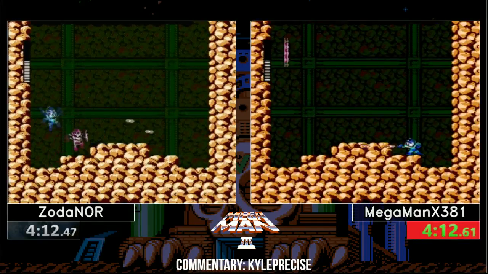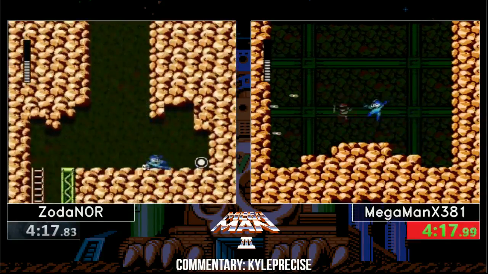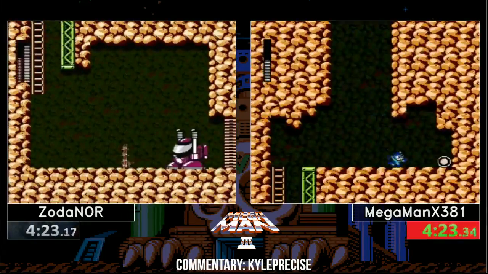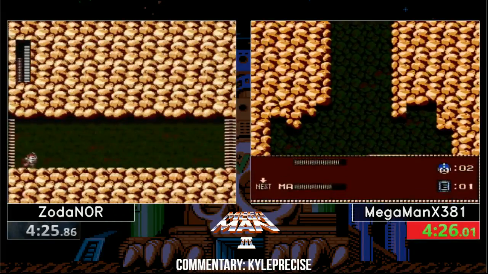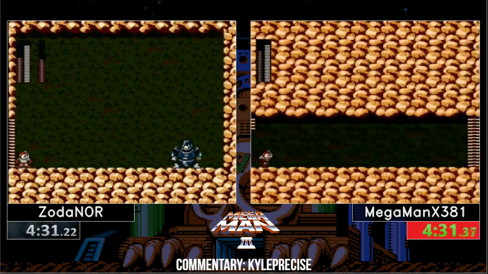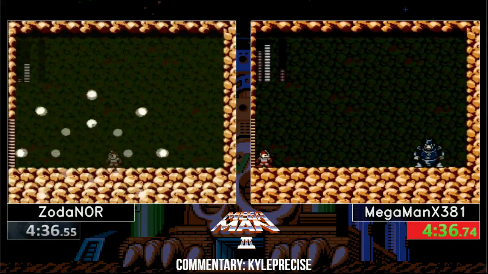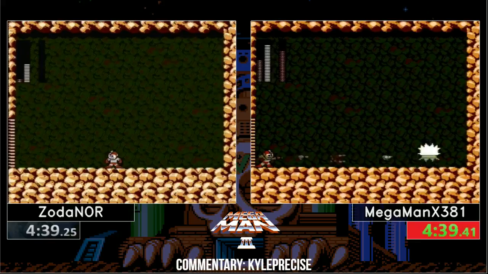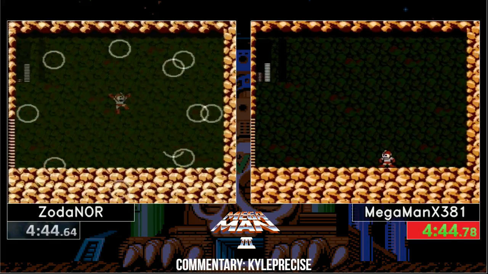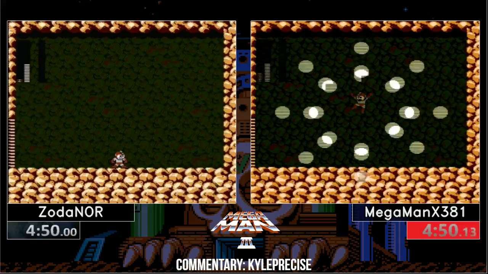And I don't know if this piece of information could have anything to do with that, but I recognize Zoda's name. I knew he was a very good runner. Even though he doesn't have a posted PB for Mega Man 3, I knew he was a very good Mega Man 2 runner. Not only is he very good, he's number 2 in the world for Mega Man 2 Any Percent, which is the most competitive category in Mega Man 2. ZodaNOR is number 2 in the world, only behind Elonesia. And anytime you can say that you would be number 1 except for Elonesia, that's quite an accomplishment. So...